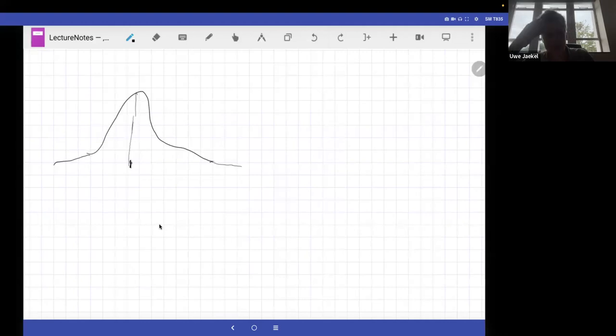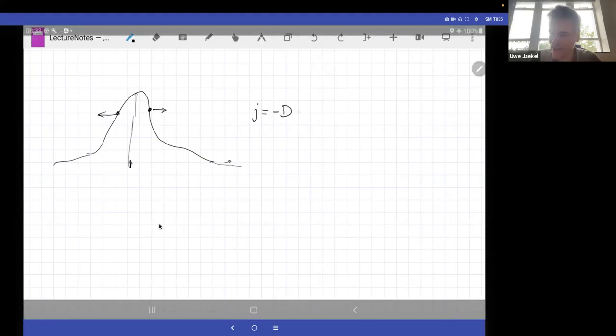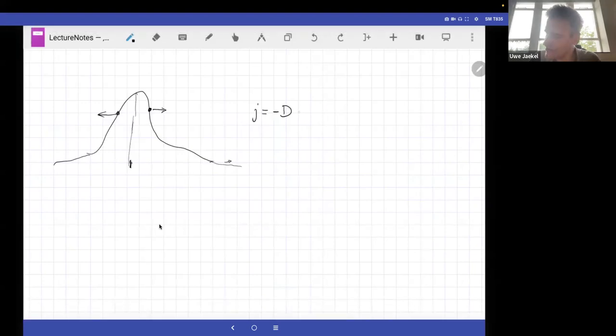How does diffusion do that? So the flow will be high here, and it will be pretty small here. It will be high in this direction, and in order to level out, it will be in the reverse direction. And Fick's law says the flow is in the reverse direction. That's why there is a minus. And then there's a proportionality constant called the diffusion coefficient,